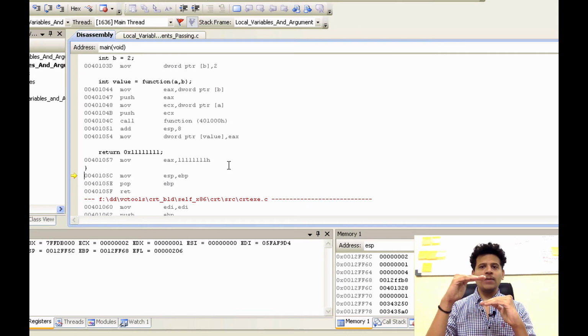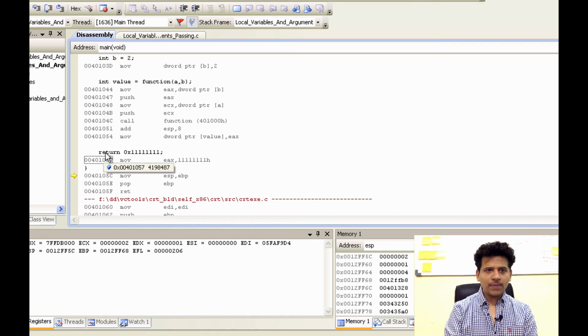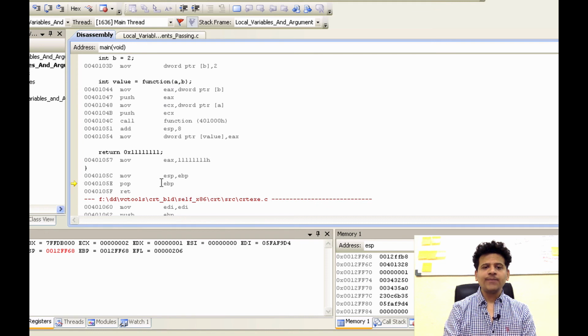Main has some local variables. It will use the same trick which we saw in the function: EBP is pointing to a stack frame pointer and ESP is pointing at the top of the stack, and it has some local variables and registers. Now to clean up the stack, ESP will be moved to the EBP and automatically those values will get cleared. Step into that. As we can see, the local variables got cleared from the stack. The next instruction is pop EBP. We are giving back the stack frame pointer of the function that called main.